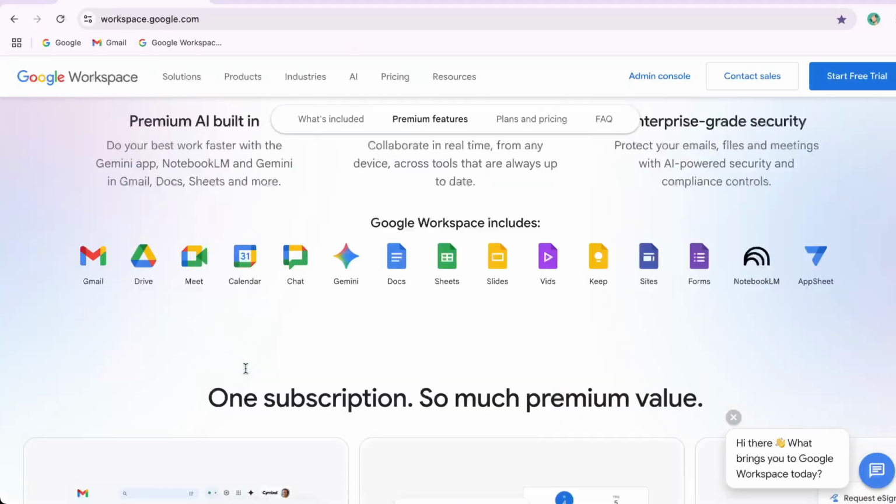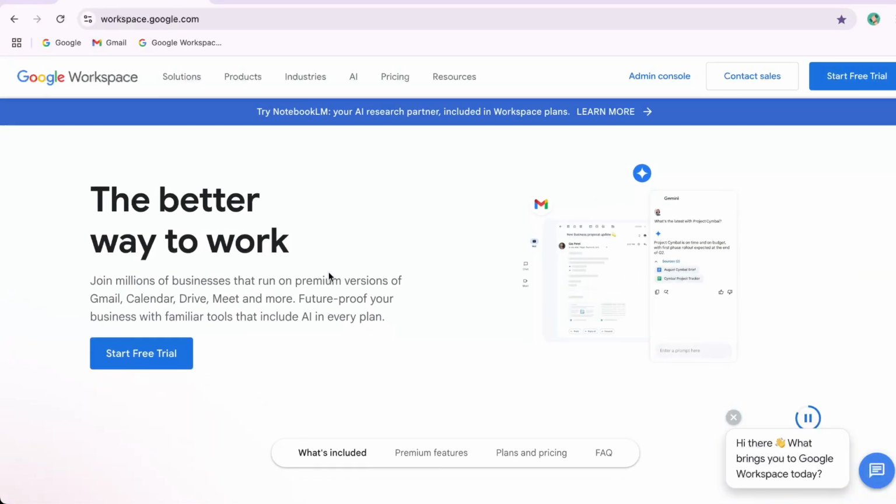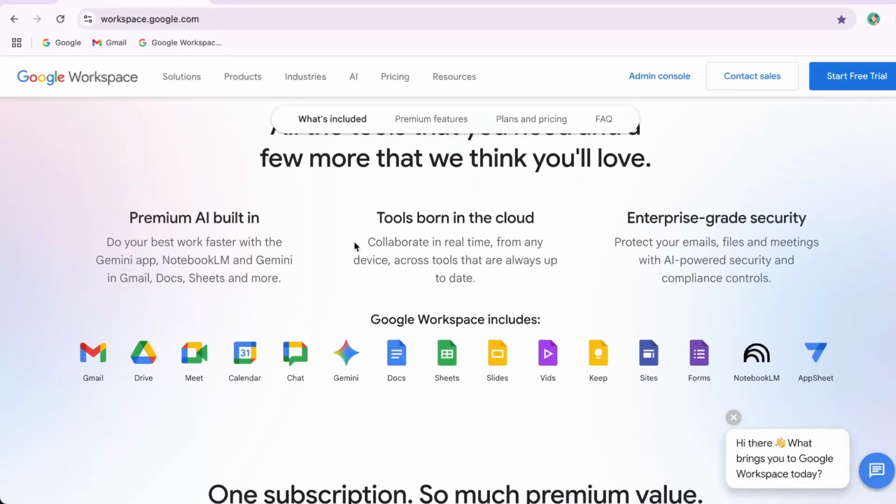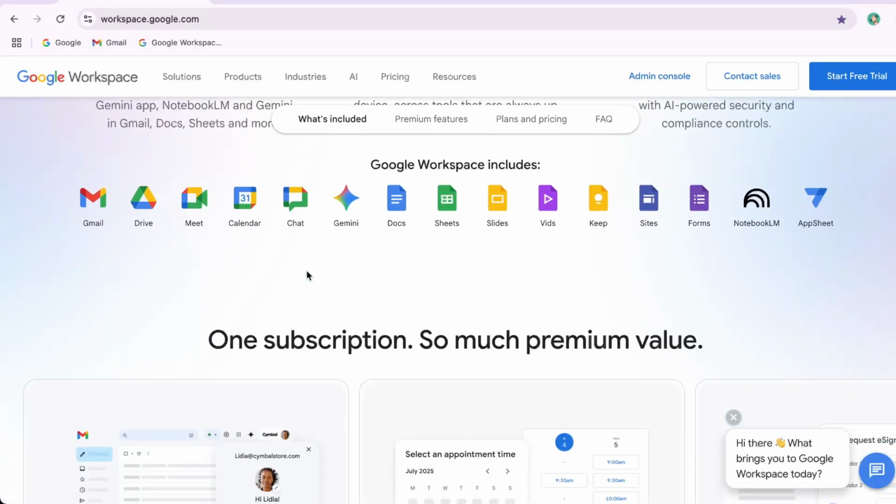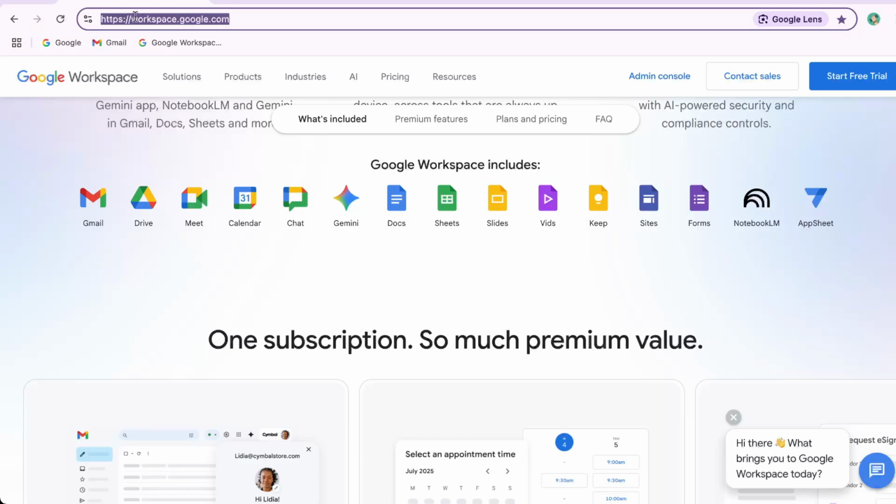Hey everyone, in this video, I'm going to show you how to use Gemini AI with Google Workspace. Whether you're aiming to streamline your workflow, harness the power of AI, or simply curious about this integration, you're in the right place. Let's dive right in and discover how you can make the most of Gemini AI within the